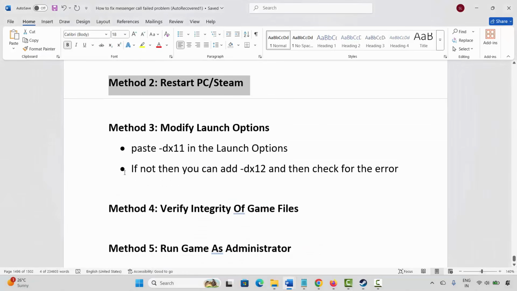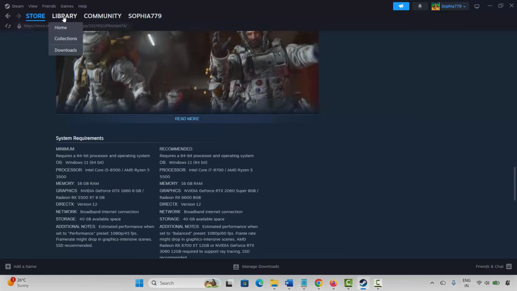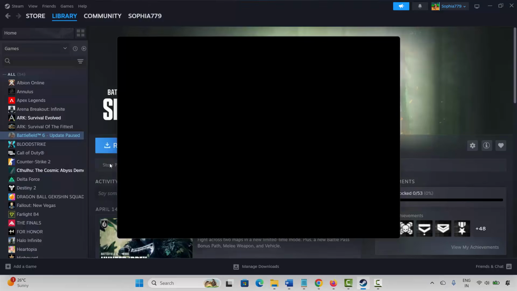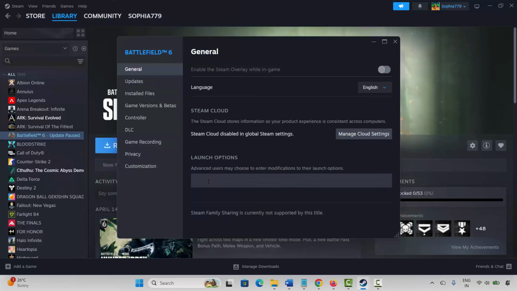Next method is to modify launch option. So for that, go to Steam, under library section, select your game. Here I am showing you an example. Now right click on it, click on properties. Now here under general you have to type -DX11 and then try to launch the game and check if it's